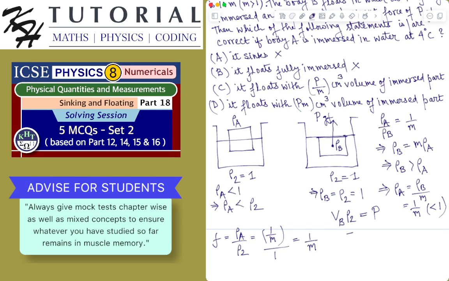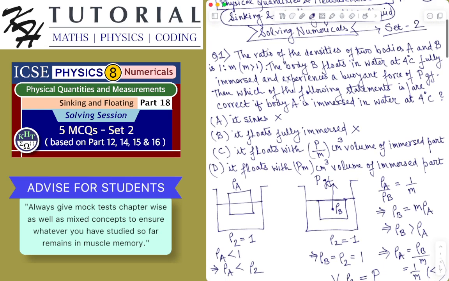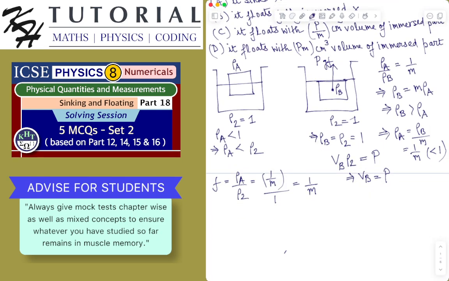Since rho 2 in this case is 1, because the liquid is water at 4 degrees centigrade, I get VB is equal to P. So the volume of the body is P. We are getting clearly that the volume of the body is P. I'm really sorry, in this question it should have been mentioned that both the bodies A and B are having the same volume. In that case only we will have VA is equal to VB is equal to P, and this implies